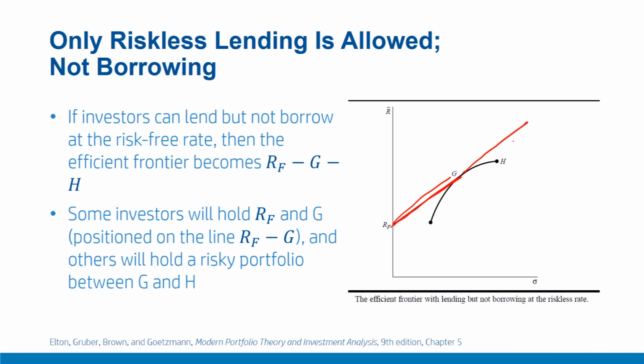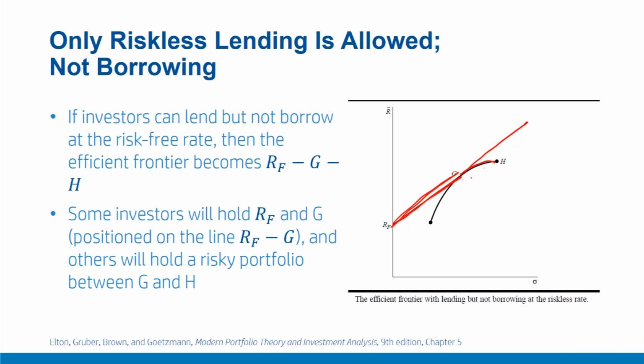So the efficient frontier would now look something like the figure here: RF to G on the straight line, and then from G onwards, this is the efficient frontier. So it is like RFGH. GH is on the right side of RFG, which was part of the efficient frontier in the absence of a risk-free asset on the right of G. H here is the point of maximum return. In effect, the efficient frontier becomes RFGH.